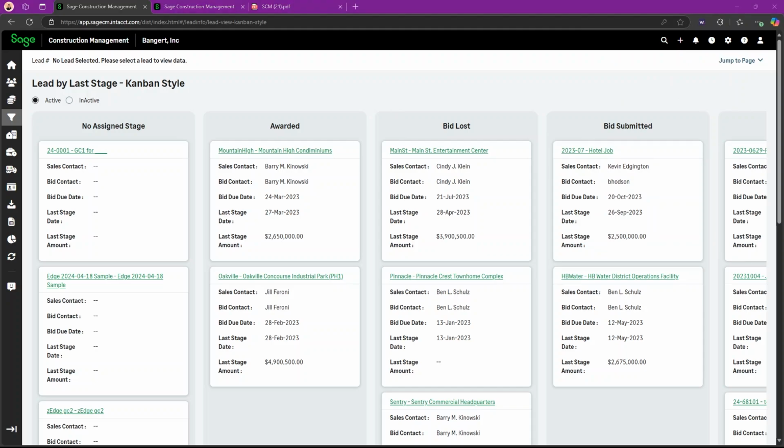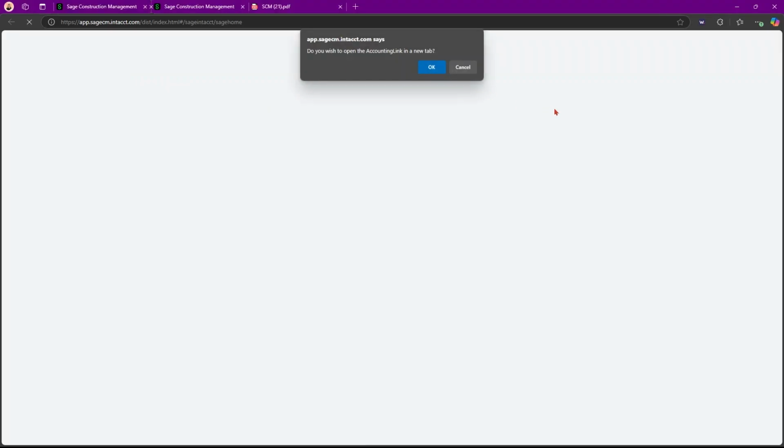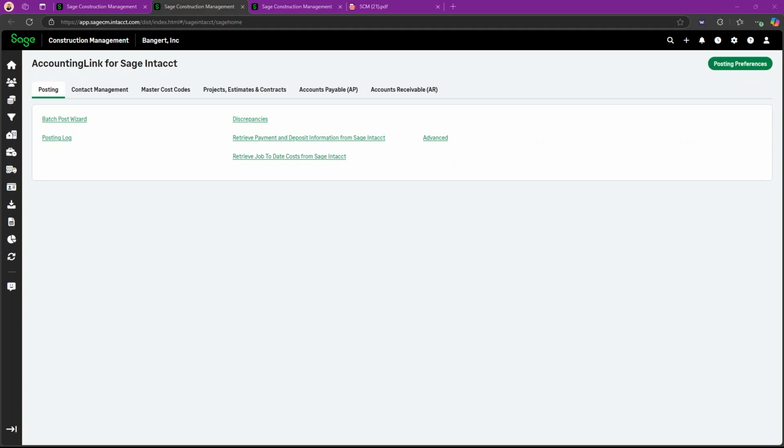So now we're going to go on to the enhancements of the accounting link with Sage Intacct. SCM has now added something called ALSIC mapping.